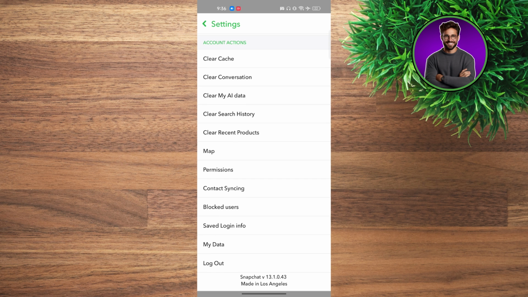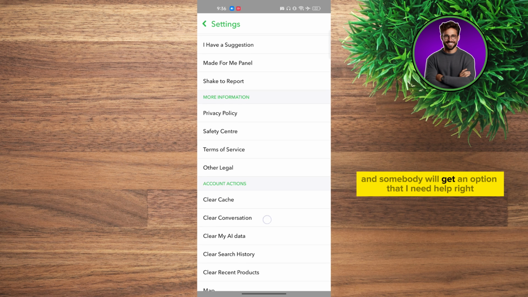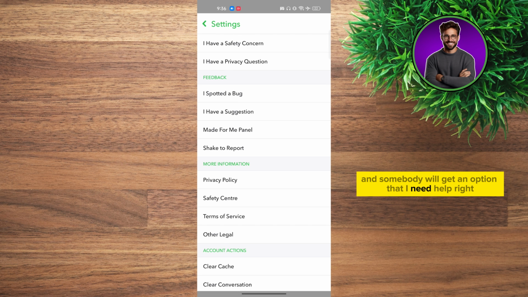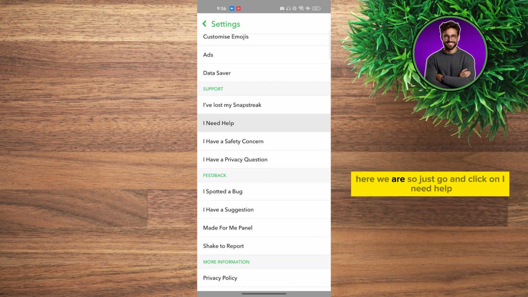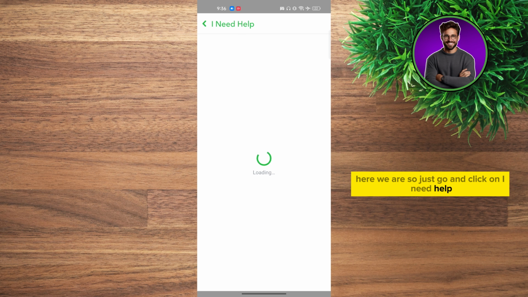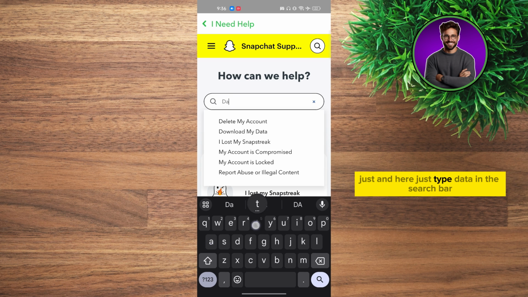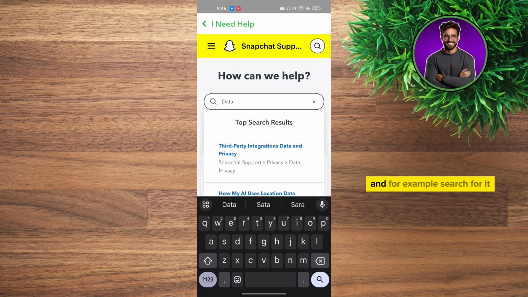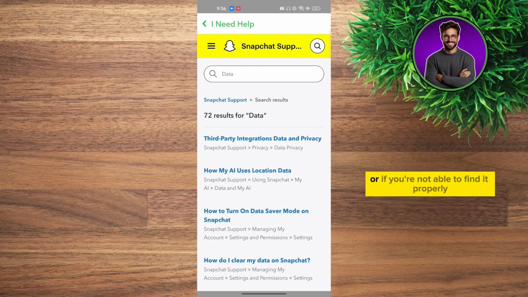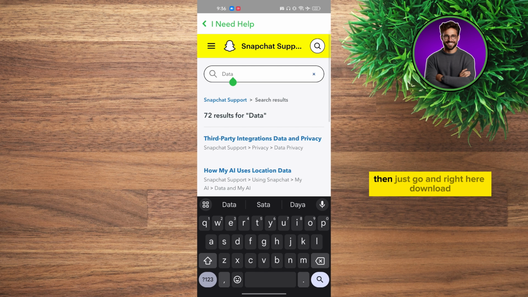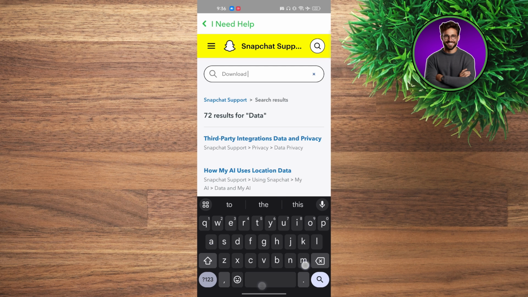Go there, scroll to the bottom, and somewhere you will get an option that says I need help. Here we are, so just go and click on I need help. Now you have to wait for some time, and here just type data in the search bar, for example, search for it, or if you're not able to find it properly, then just type download my data and hit